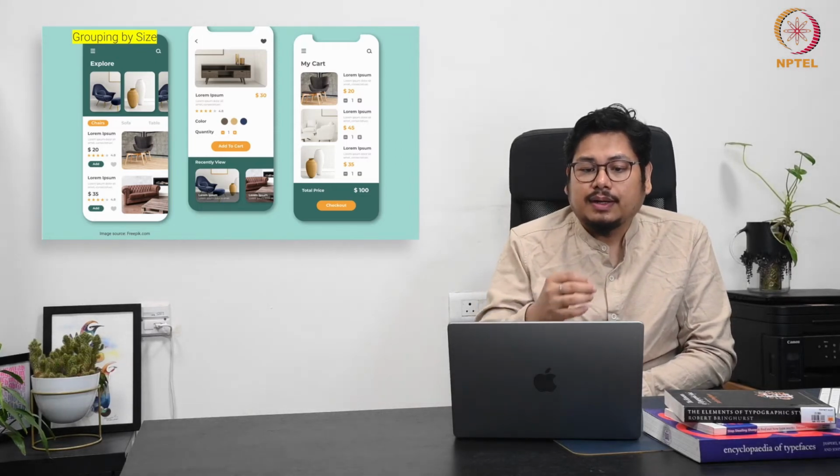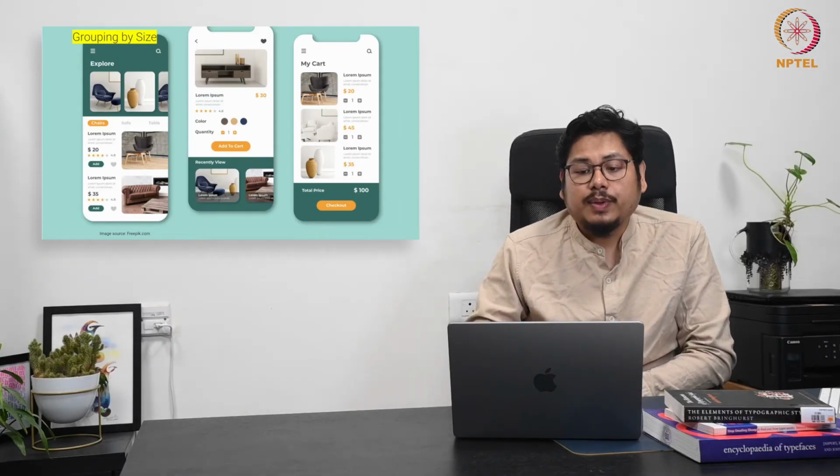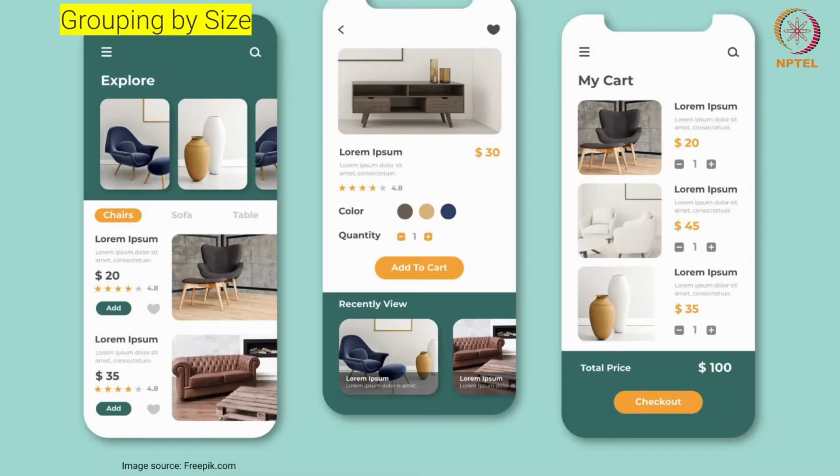Okay, so here, if you see this example, you can see grouping by size is happening. So how is grouping by size happening? Let's see. Again, I said that when we are talking about one principle, it's not necessary that you are only emphasizing one. In any composition there can be multiple principles, so don't be confused if suddenly you see another principle. Yes, there can be, but we are discussing this assignment taking one example. Yes, you will identify different elements or principles associated with it, but the discussion is primarily happening on this specific one which we are trying to address.